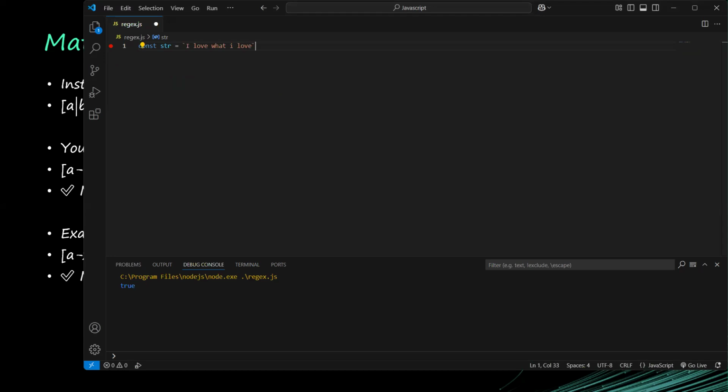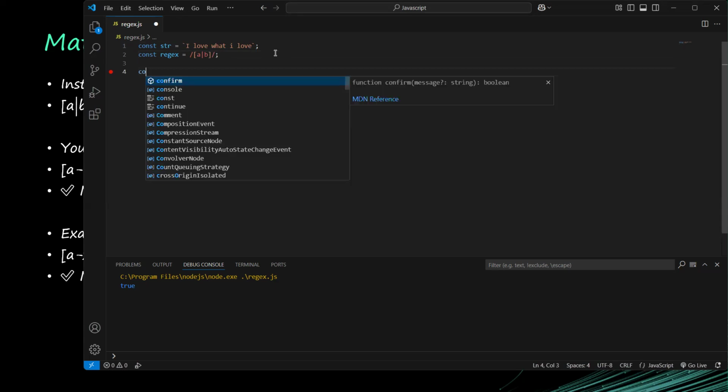My regular expression is going to be, let's say I'm looking for either A or B. That's what I'm looking for. I said A or B, and this pipe represents or. So if I go on to match this now,